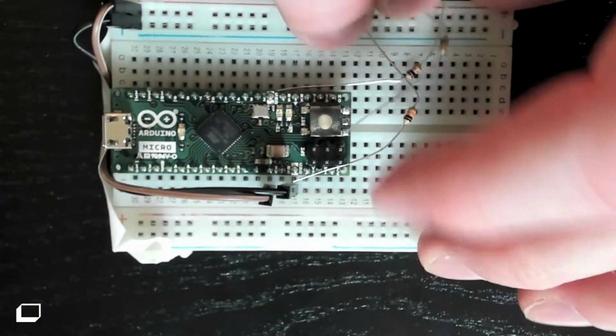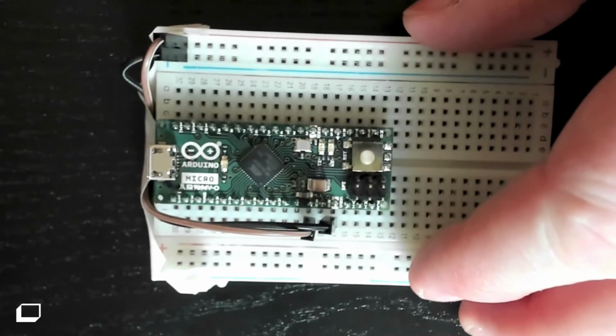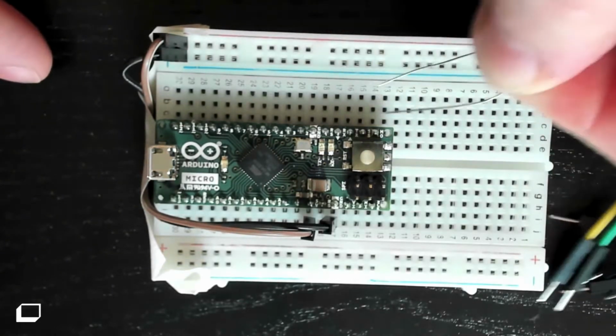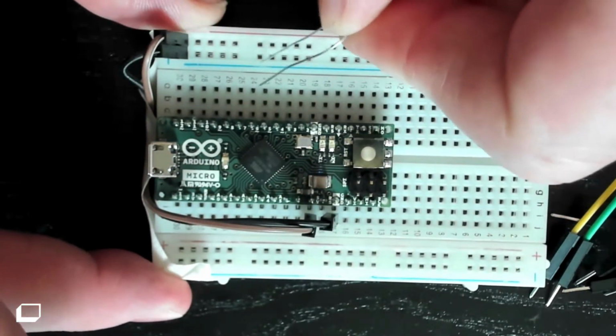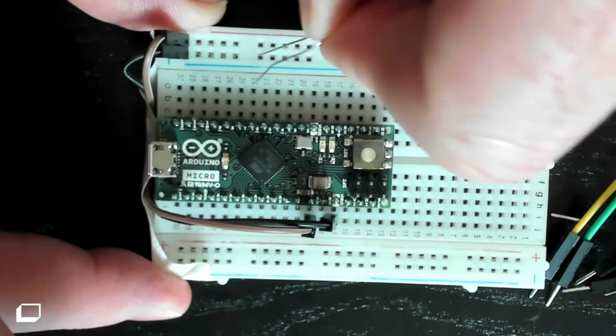What you need to do is connect those 3 pins to ground with the 10K ohm resistor, and you want to leave space for the switch. So you put one end of the resistor into the ground rail,